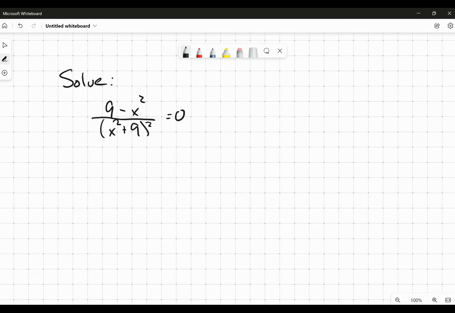Okay, hi everybody. So in this video, we're going to take a look at this rational equation: 9 minus x squared over (x squared plus 9) all squared in the denominator, equal to 0. Now, even before I start to solve this, there are just a couple of things I'm going to do. First of all, remember that if I've got a divided by b